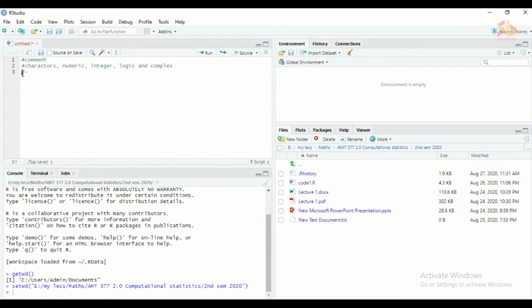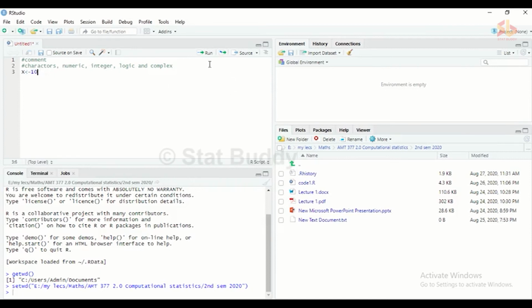When we are using object names, be mindful to use meaningful words, and these are case sensitive. So you have to be careful when you are using names. If you are using capital letters, then when you are recalling it, you have to use the same name. Here, capital X1 is my object name. I am storing 10 to X. This is my assigning operator; it is just less than and a dash.